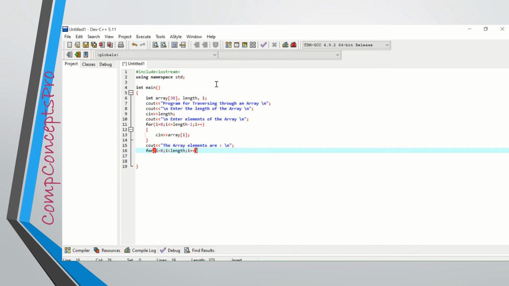This is another way of using the for loop. In the first for loop, i was running up to i less than or equal to length minus 1, because the index of an array starts from 0 and ends at the actual length minus 1. And here in the second for loop, I will be running the for loop up to one subscript less than length.